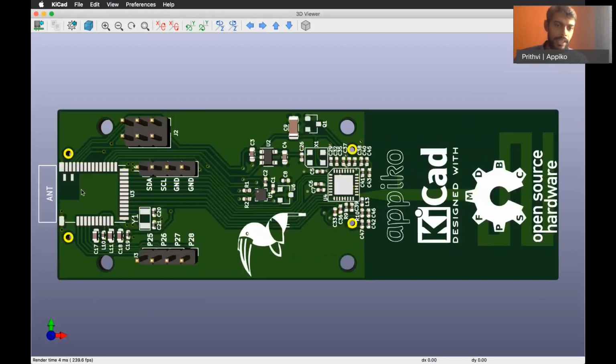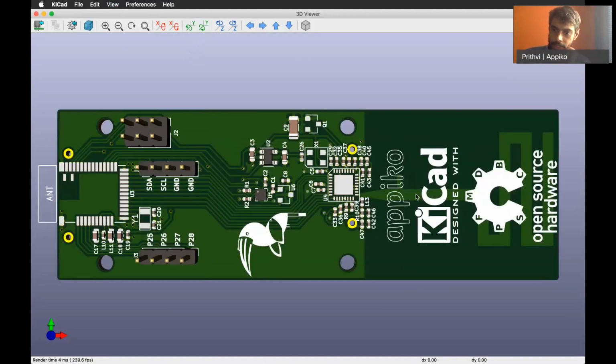On the left is the NRF52 module, and on the right here with U4 is the CC1175, which is a long range communication chip.